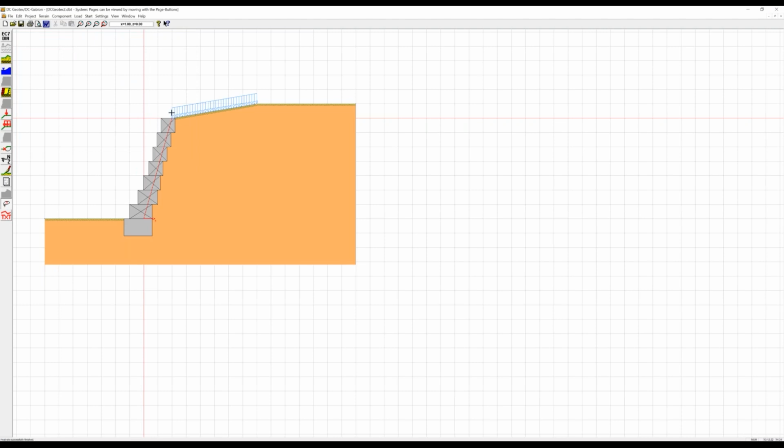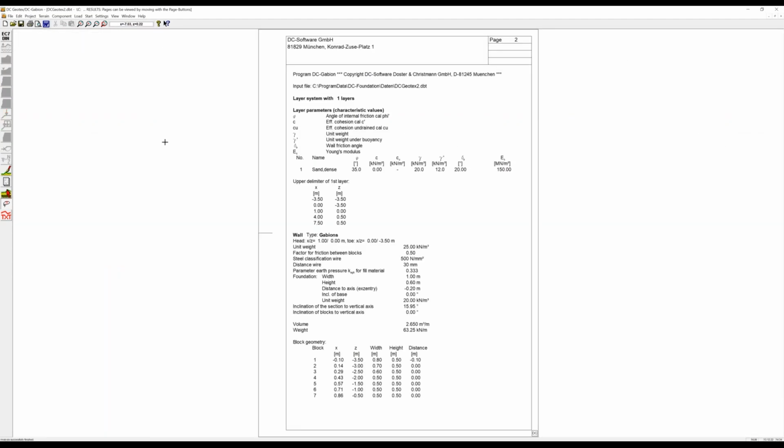Well, this load should be only on the wall or within the ground. So this was just a little conflict here for the position of the load. And we have again the calculation of the